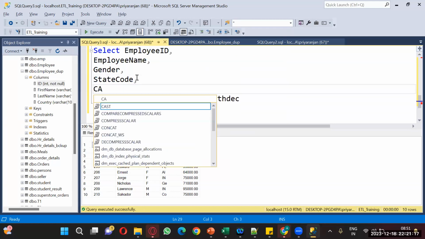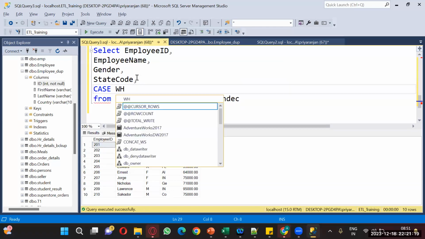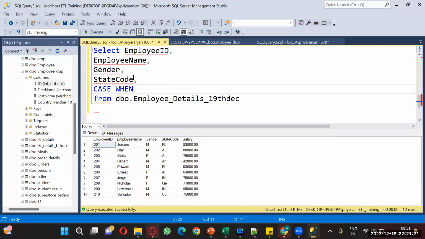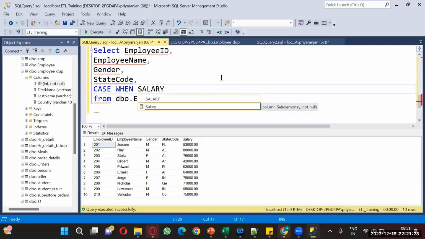What are we using? Salary, right? Are we going to use the aggregate salary? No, this salary only, no aggregate salary. Okay, salary